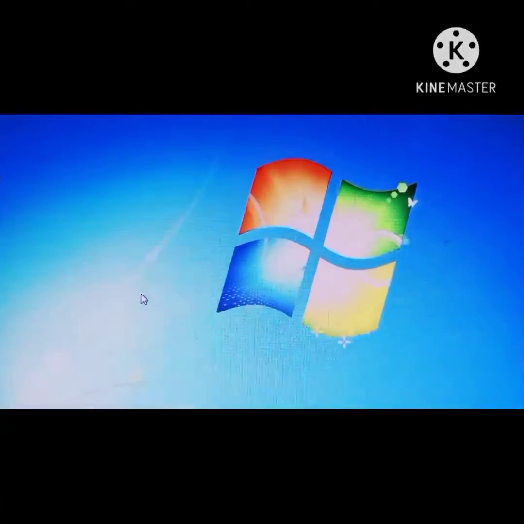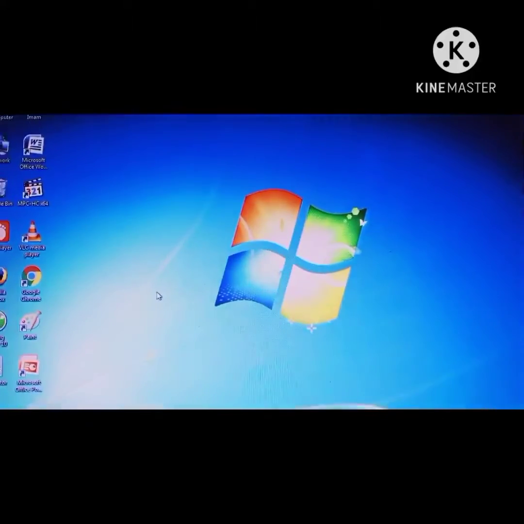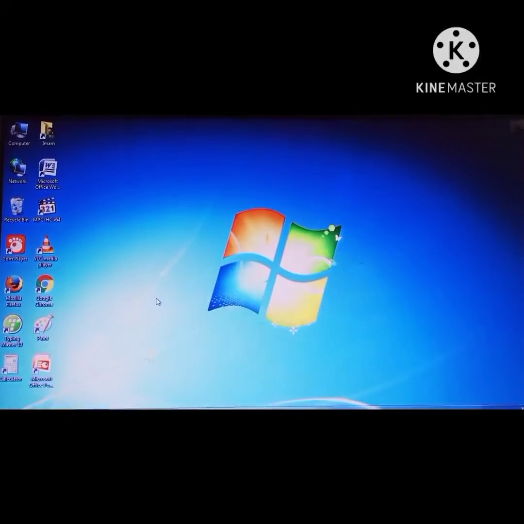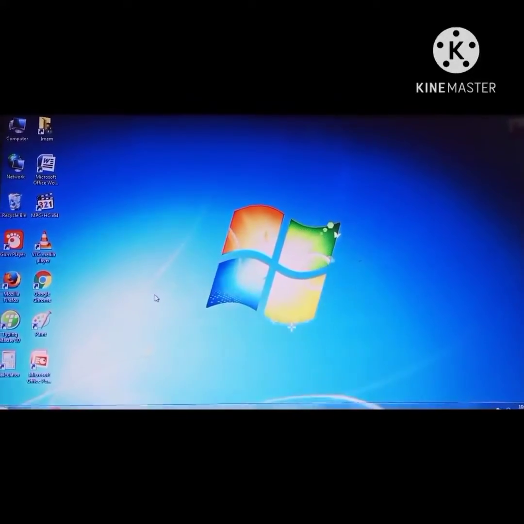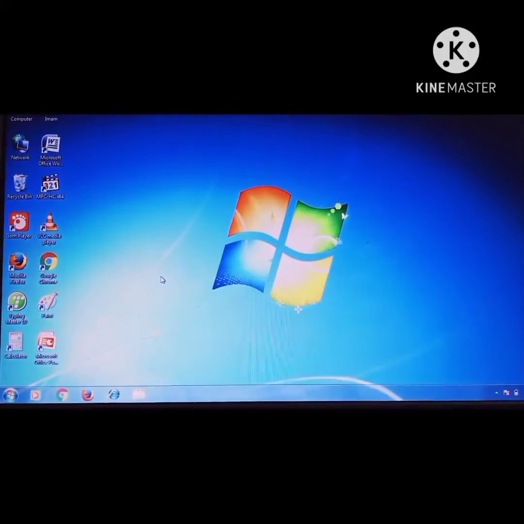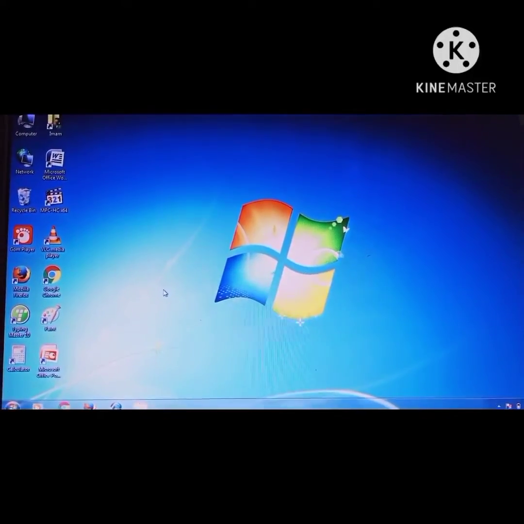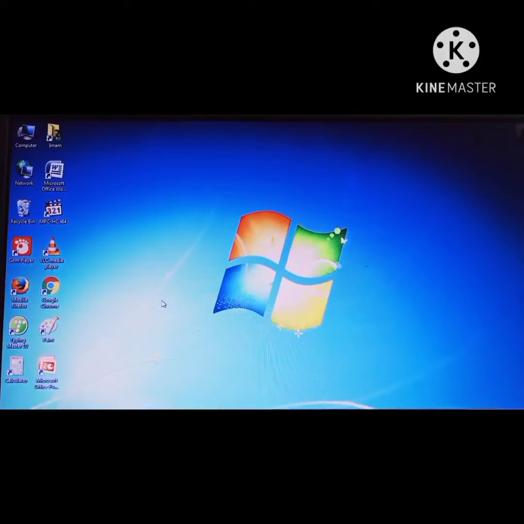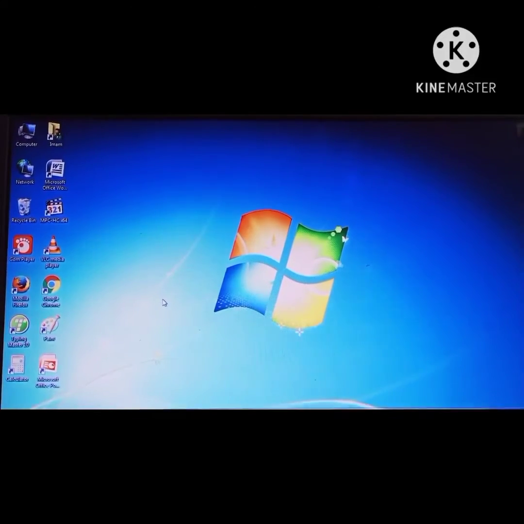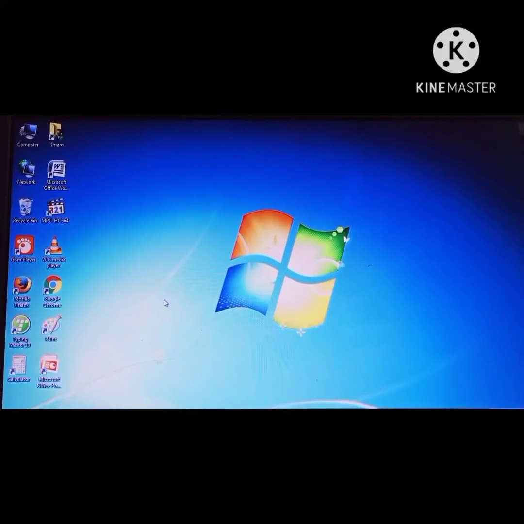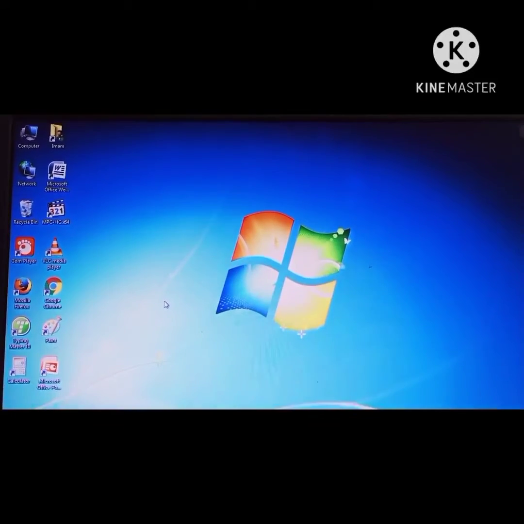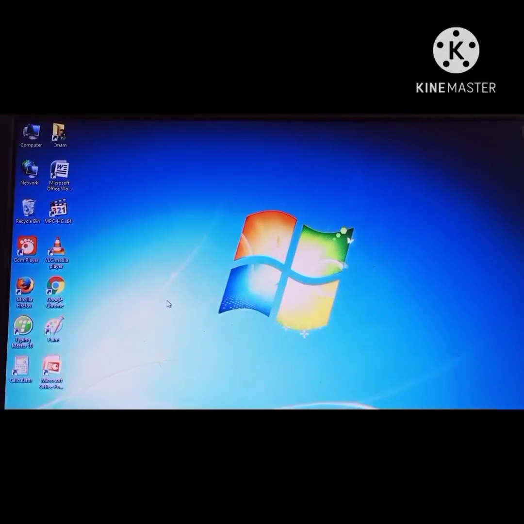Now you have seen that you have exited from MS Word. Children, you can also exit the MS Word application by clicking on the Close button on the title bar. And the shortcut key to close the Word application is Alt plus F4. This is the function of exiting from MS Word.